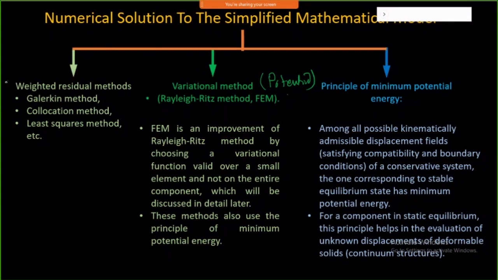One is the weighted residual method, another is the variational principle, in which we are going to study Ritz's method, and the last one is the minimum potential energy principle. So first of all we collect all the energy components coming into the system and sum them, and we assume that the total energy of the system remains constant. And as I take a derivative of it, it will give me some solutions, and that is nothing but a technique called minimization of potential energy.